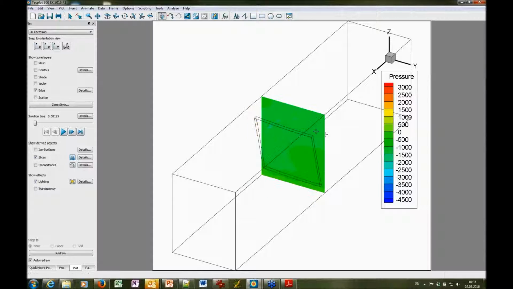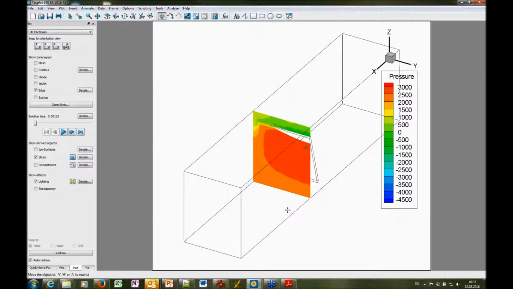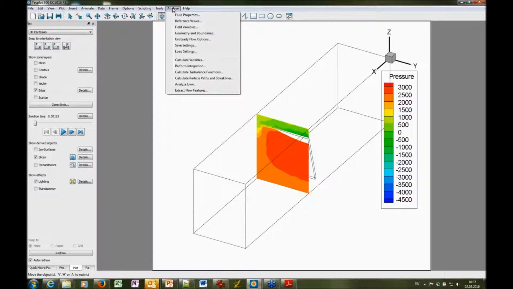Okay, and for example, for this slice, you can do things like integrations. You can go to Analyzer. You have seen that in the last webinar, I think, about the CFD Analyzer, how you could do an integration over the slice. You would extract it, and if you do that integration over time, then you get a curve, a line, which is showing